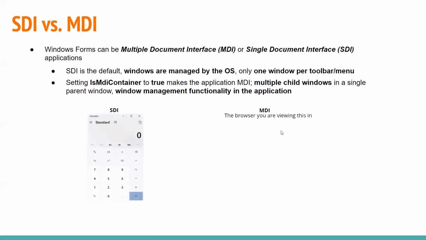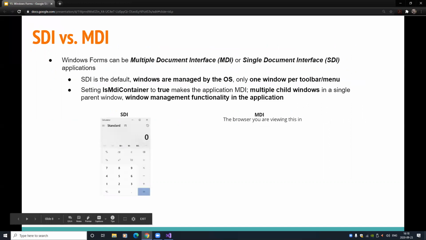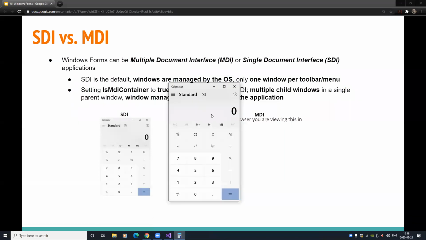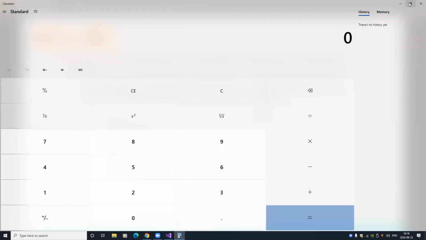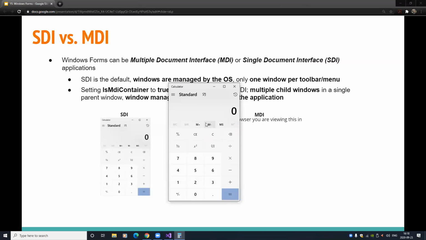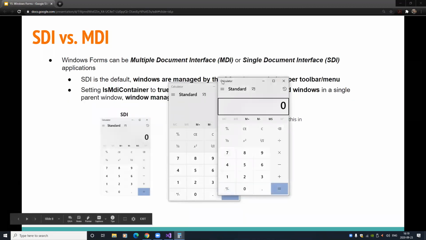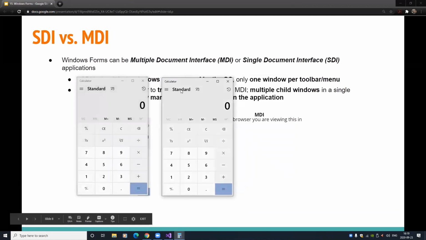Okay, so here are just two examples to illustrate the idea. A single document interface would be something like the Windows calculator. Let me expand that out for you guys, so you can see. If I open up calculator, you can see I've got one interface here, right? If I wanted to open up another calculator window, I couldn't, right? There's no button that says new window or that allows me to open another calculator tab. In order to open up another calculator, I have to actually open up a second calculator, which is totally fine. This isn't a bad thing, right? Obviously, you only need one of these. But if you open up a second calculator, you can see that Windows itself